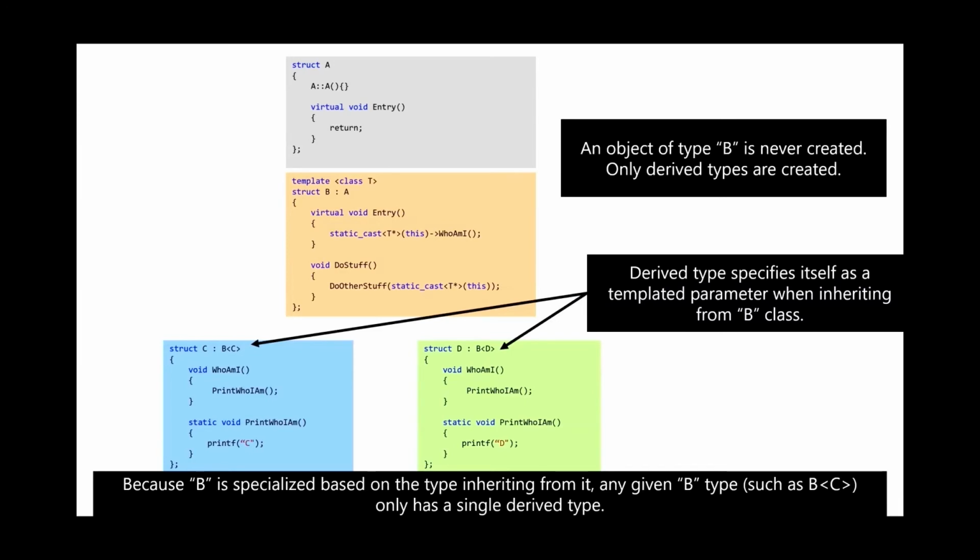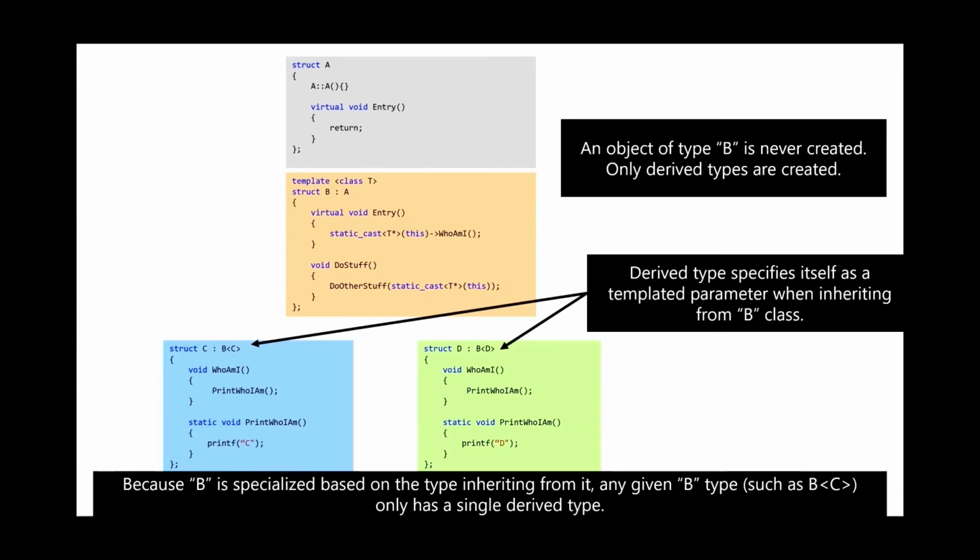And the gist of this programming pattern really is just that you might have a base class and it has a virtual function. And then you have a class in the middle, and I call it class B in this example. And the interesting thing about class B is that it takes a template parameter, and the template parameter is a class type. And anything that inherits from class B, such as C in this example, passes its own type as that template parameter. So you're inheriting from your parent, but you're actually passing your own type as the template parameter to your parent. It's kind of weird.